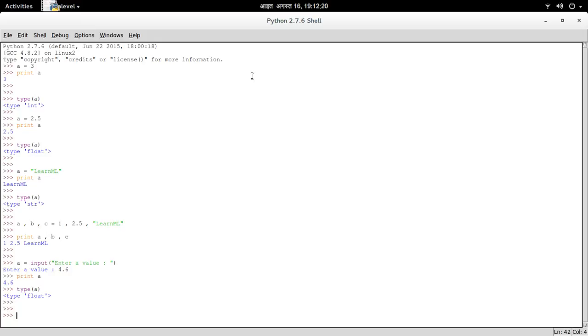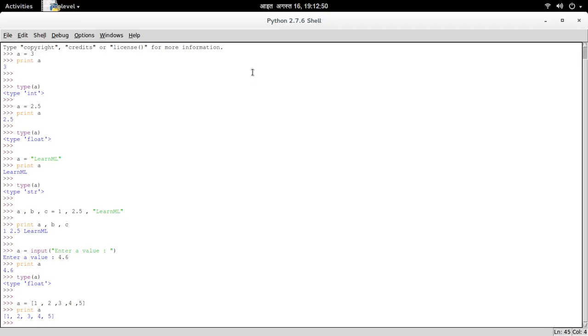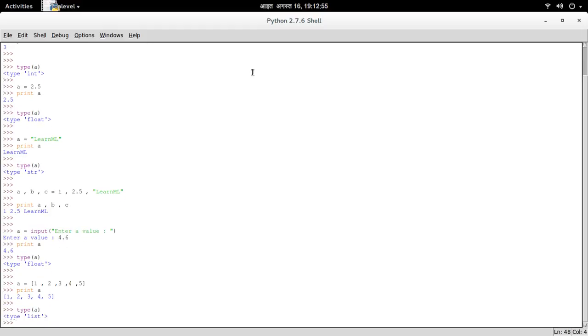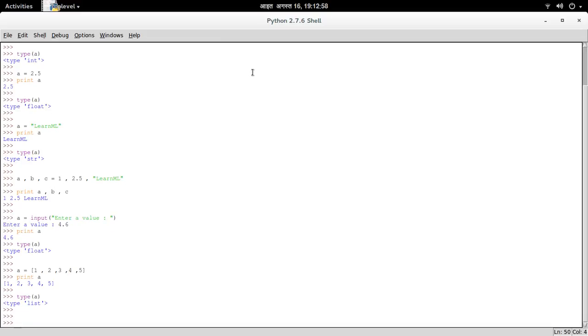Now let's see list. Let's create a list. A list is generally created inside square brackets. Our list can contain any type of values. For now, let's assign the values 1 2 3 4 5, and let's give a variable name. So it means that 1 2 3 4 5 is a list, and that list is assigned to the variable name a. After we press enter, a will contain the list elements. Now let's check the type of a, which should return list. Similarly, we have